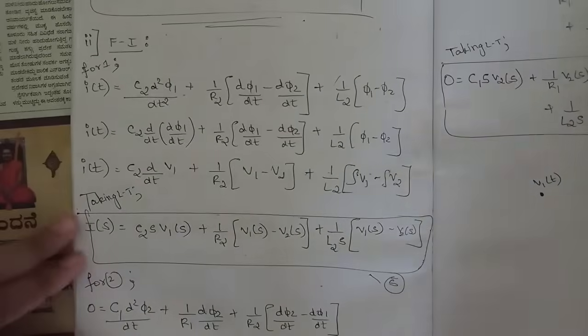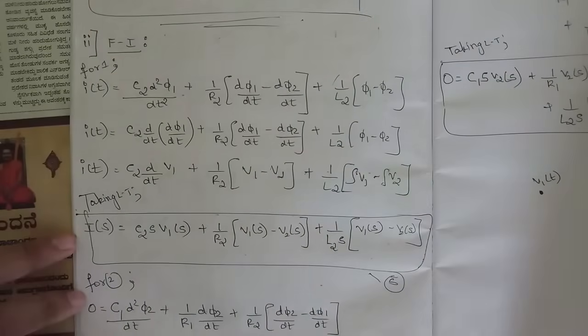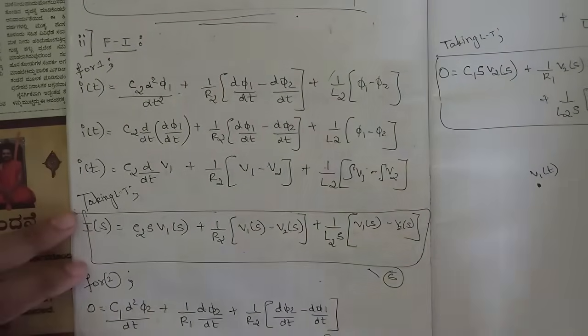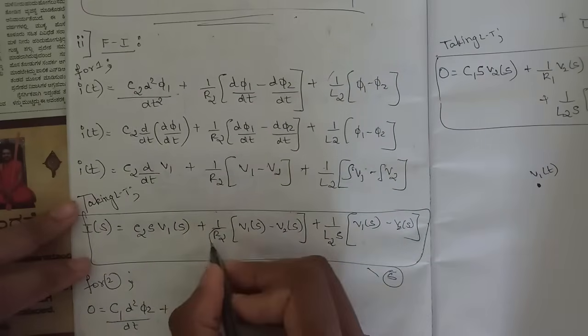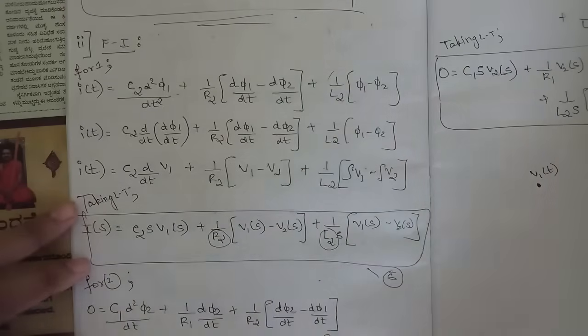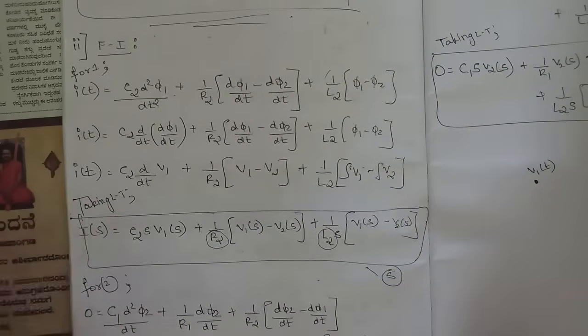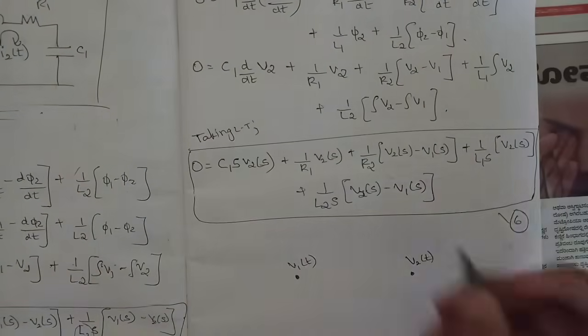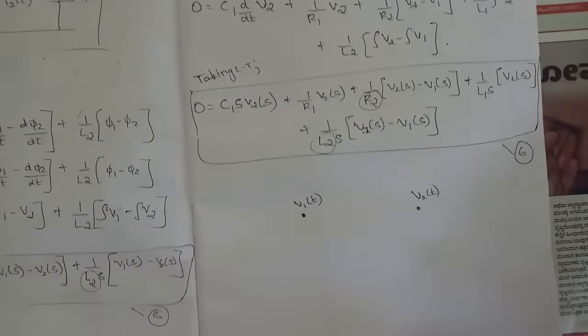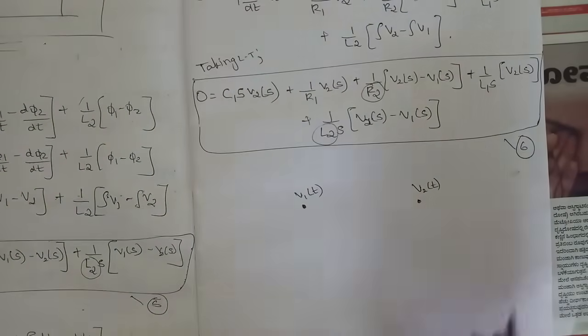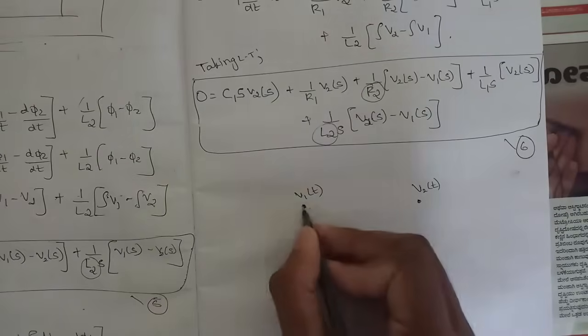Let's first see which are the components common for both the nodes. So common for both the nodes, the components are R2 and L2, right? Yeah, this is in equation 5. Let's see in equation 6 we have R2 and L2. Okay, so now let's write the common components between the two nodes, that is R2